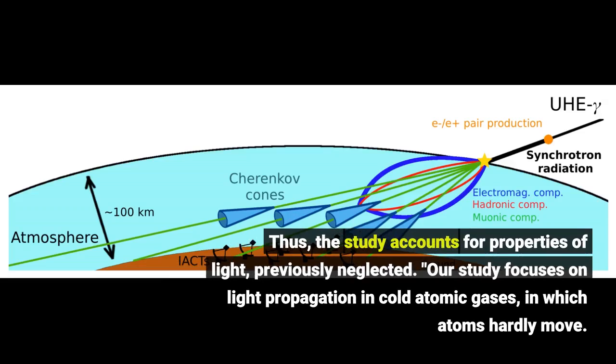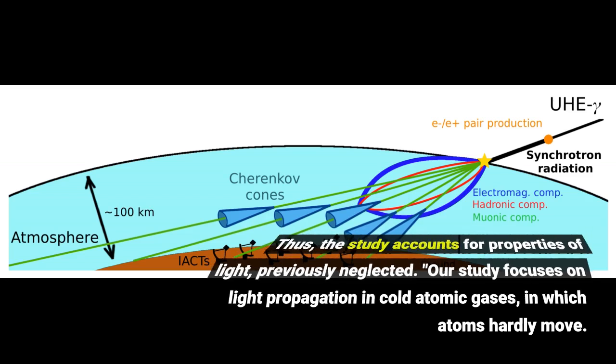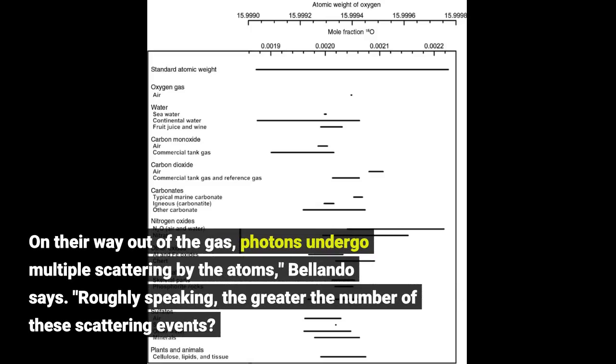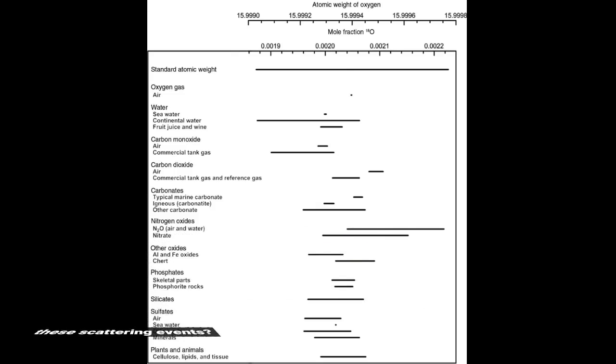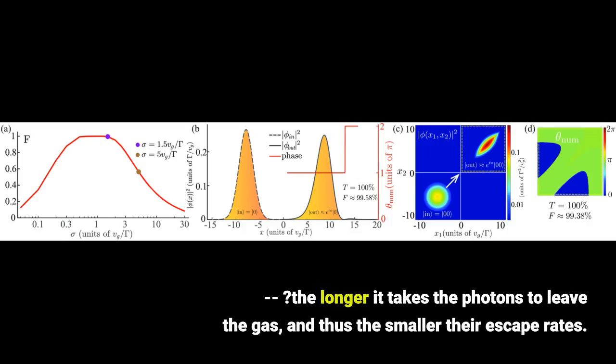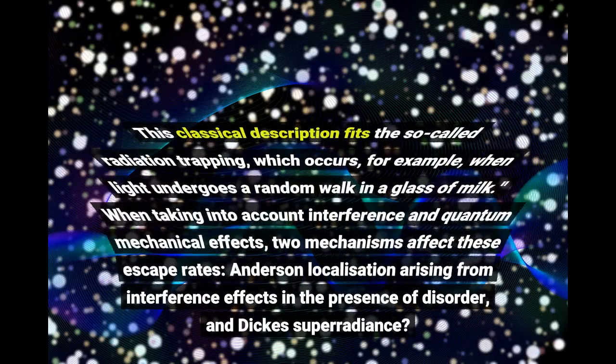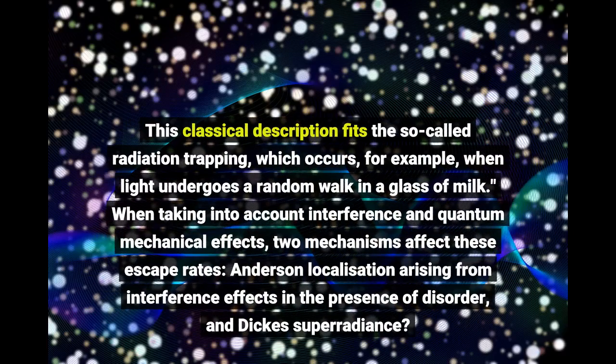Our study focuses on light propagation in cold atomic gases, in which atoms hardly move. On their way out of the gas, photons undergo multiple scattering by the atoms, Bellando says. Roughly speaking, the greater the number of these scattering events, the longer it takes the photons to leave the gas, and thus the smaller their escape rates. This classical description fits the so-called radiation trapping, which occurs, for example, when light undergoes a random walk in a